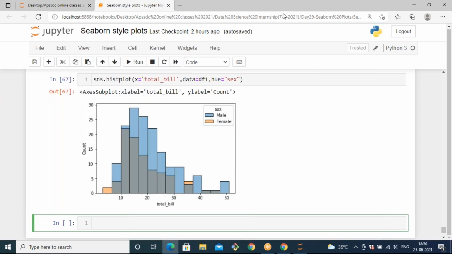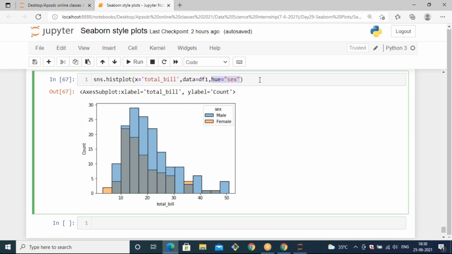If you want to work on more, the black color. So where do you get this black color? So you can specify one more parameter like column. When you specify column, it doesn't take it, right? I think so.